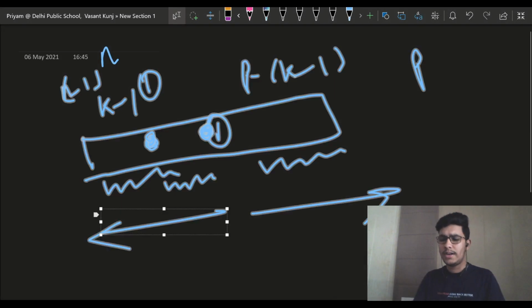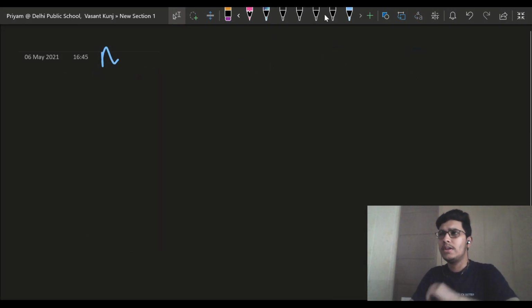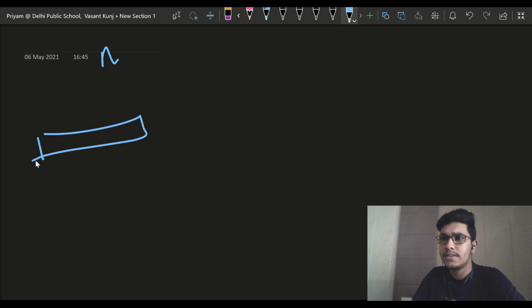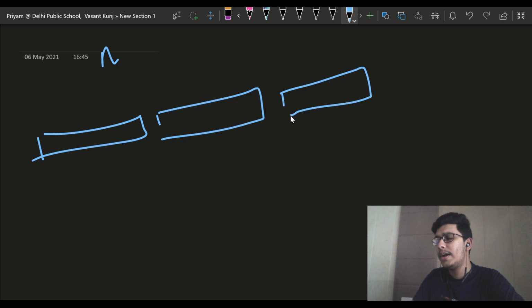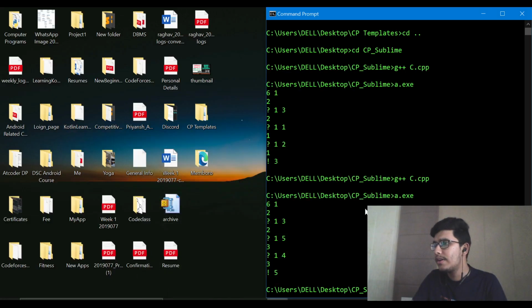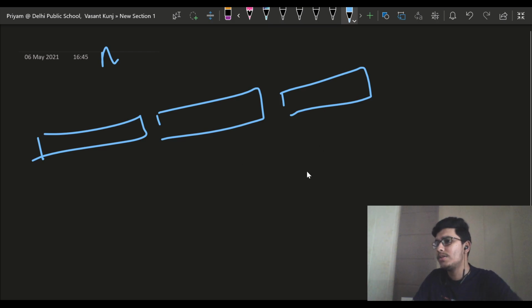Like I think that can help me in reducing the number of queries. So if I can just reduce this whole array into segments of 10 elements, let's say this is the first 10 elements, this is the second 10 elements, and so on. And I can query all of them, and that will require approx. What is the size of this whole array? 2 into 10 to the power 5. So this will require 2 into 10 to the power 4 operations